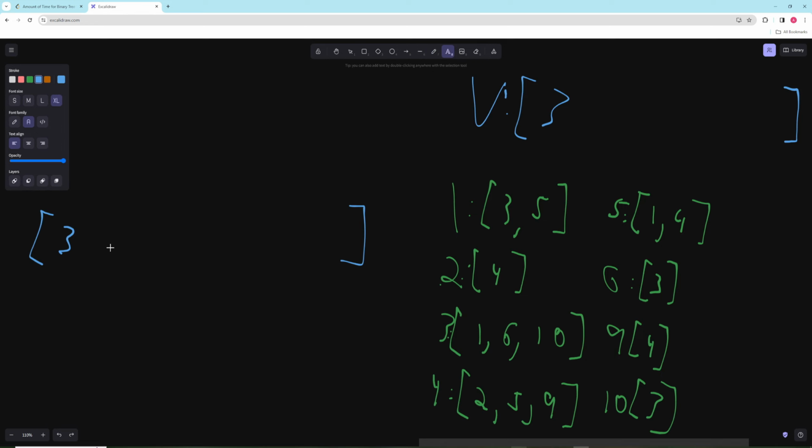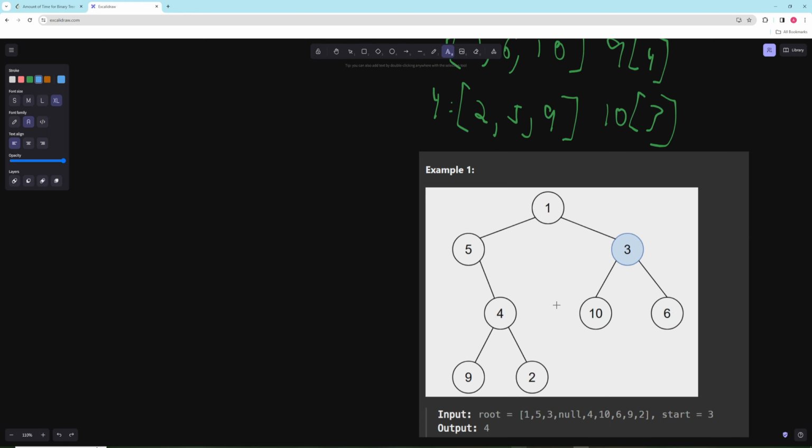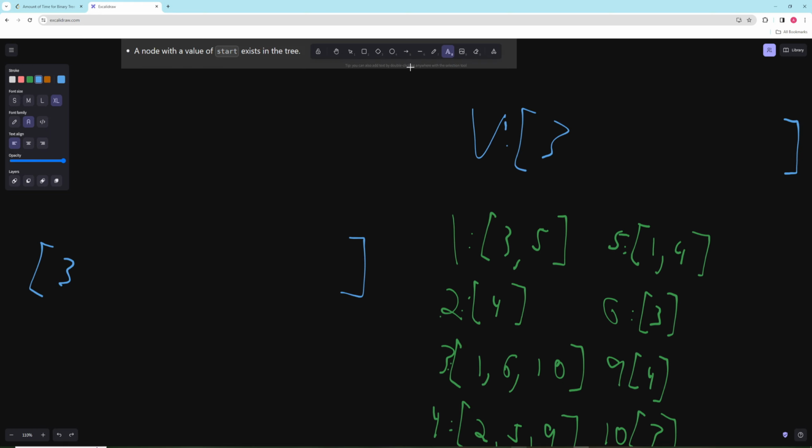You can either have tuples of a node and the number of moves it took to get there, but in this case, there's actually another way to do it. The other way is to just have a global variable. We'll call this moves,